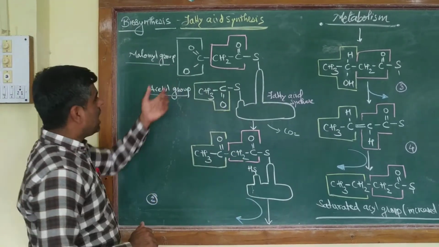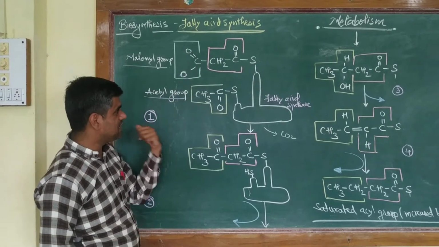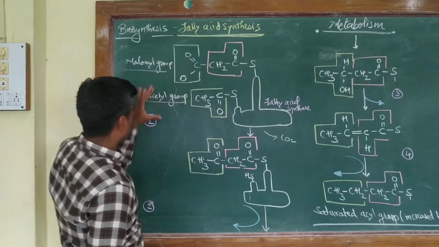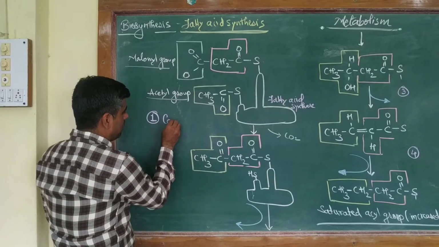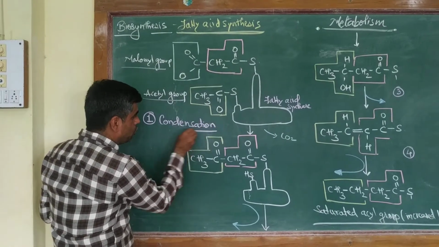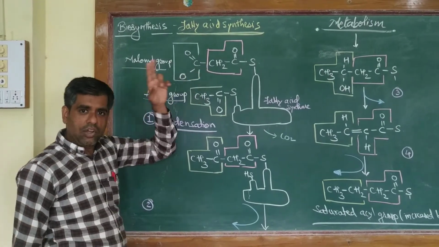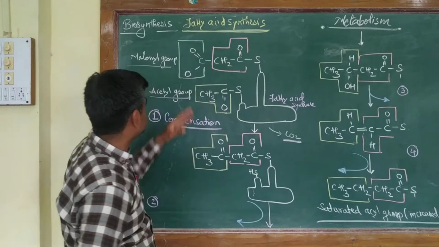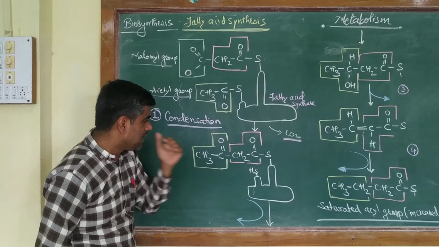So here you have a malonyl group, and here you have an acetyl group. So the first step, this is charged. So you have a fatty acid synthase with one malonyl group, one acetyl group. Keep your focus here, right? The first step is what is called condensation. In the very first step, these two are condensed. The carbon dioxide which you added while converting acetyl to malonyl is removed here. So during the condensation process, there is removal of this CO2, and now you have this entire ketoacyl group.